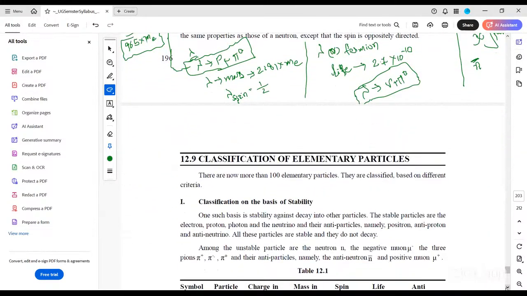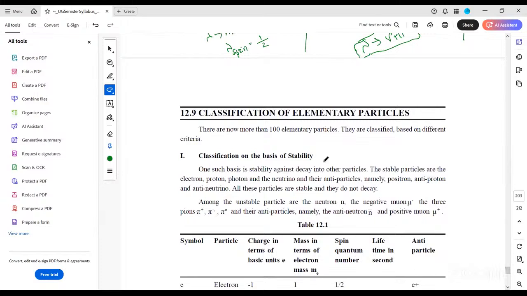Elementary particles are classified. First is based on stability: which particles are stable, which particles are unstable, we categorize. Next, based on